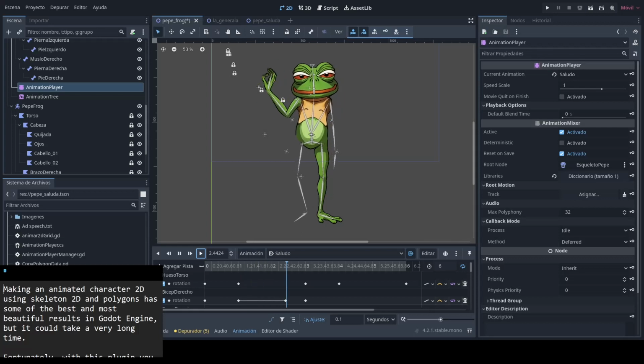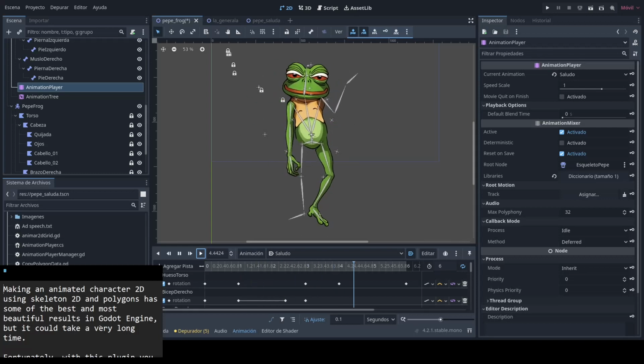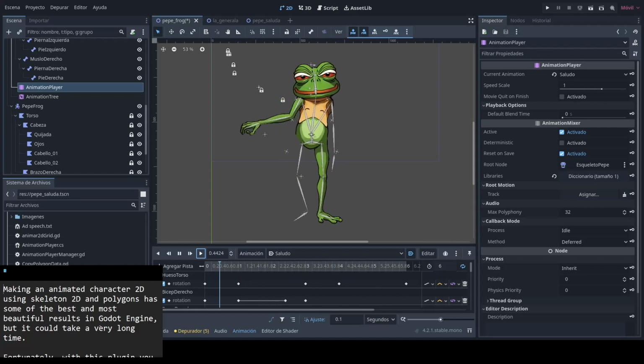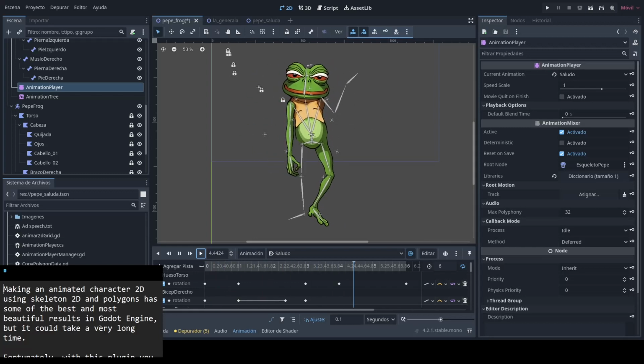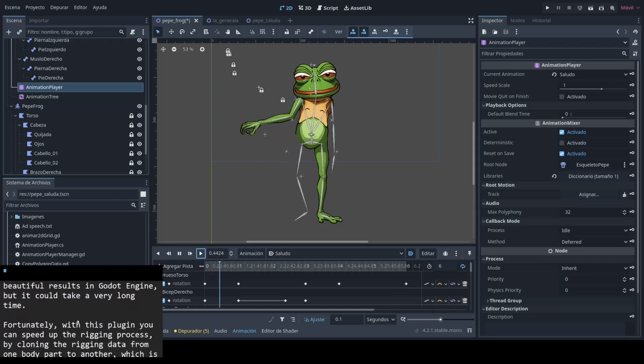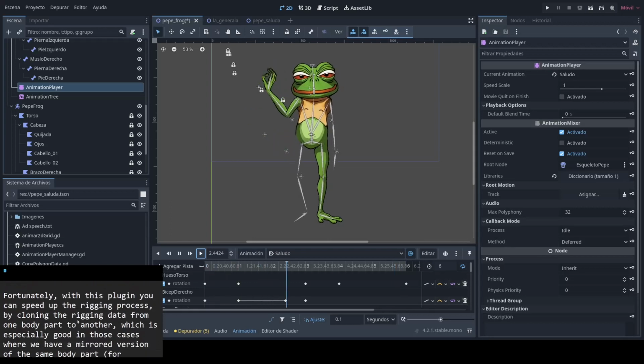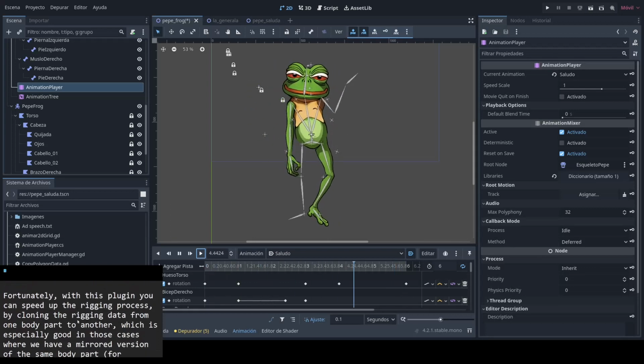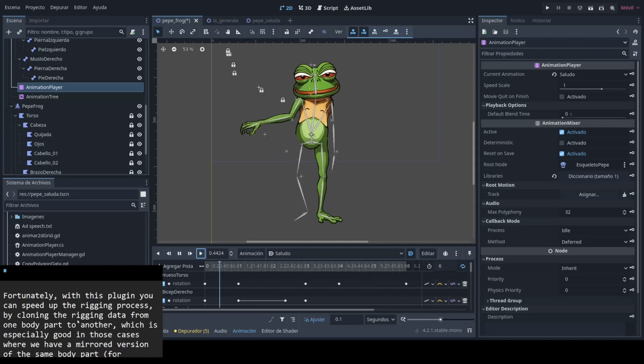Making an animated 2D character using a Skeleton2D and polygons has some of the best and most beautiful results in Godot Engine, but it could take a very long time to do. Fortunately, with this plugin you can speed up the rigging process by cloning the rigging data from one body part